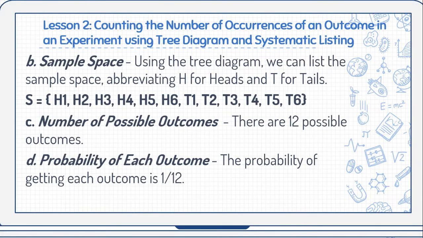And for letter B, we have sample space. Using the tree diagram, we can list the sample space abbreviating H for heads and T for tails. So yung sample space po natin ay naging ganito. S is equal to yung bracket po natin: head 1, head 2, head 3, head 4, head 5, head 6, tail 1, tail 2, tail 3, tail 4, tail 5, and tail 6. So if we count this one, 1, 2, 3, 4, 5, 6, 7, 8, 9, 10, 11, 12. So ito po yung sample space po natin. Okay? Then for letter C,